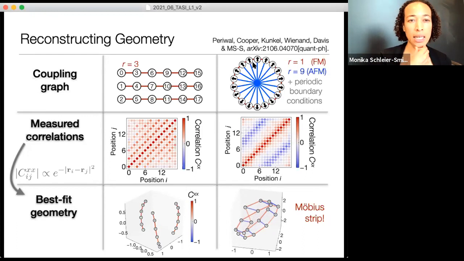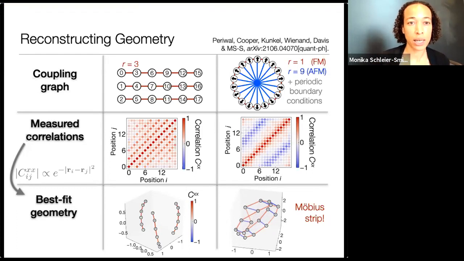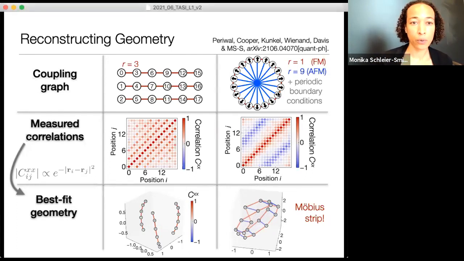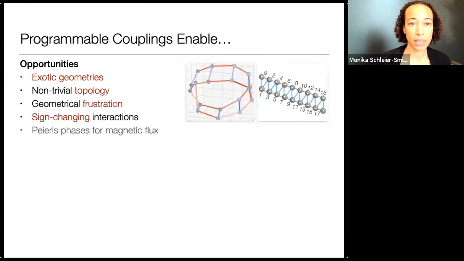For us right now, I would say we're characterizing what we can do in terms of control of the interactions. In the broad context of quantum simulation, one question is, can you use this to realize frustrated systems that map to some hard optimization problems? Being able to have anti-ferromagnetic or sign changing interactions can play a role there. So one direction is, can you harness this process in computations? There's a range of optimization problems that can be mapped to energy minimization in spin systems.